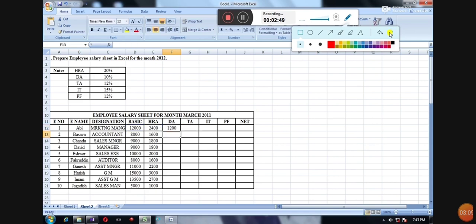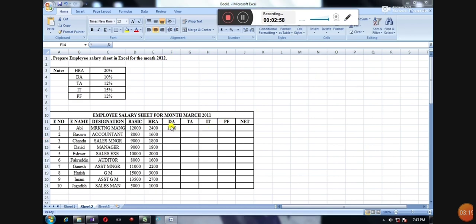So just press enter. You will get 1200, that means 10% is 1200. So just hold the corner of that cell and drag it. You will get the DA for all employees.